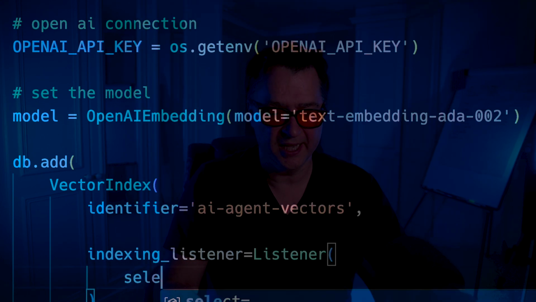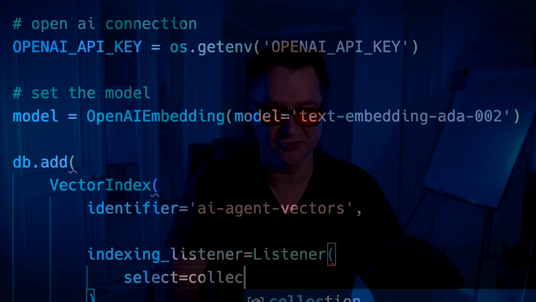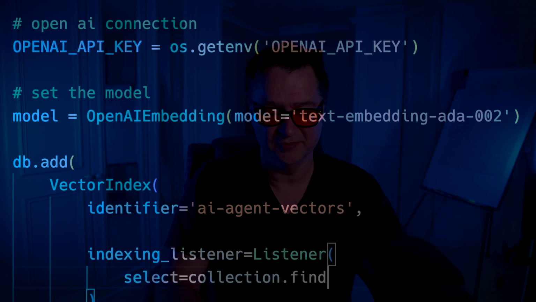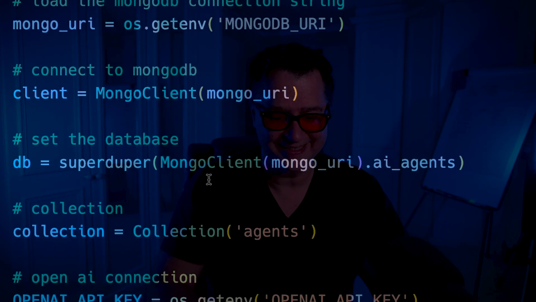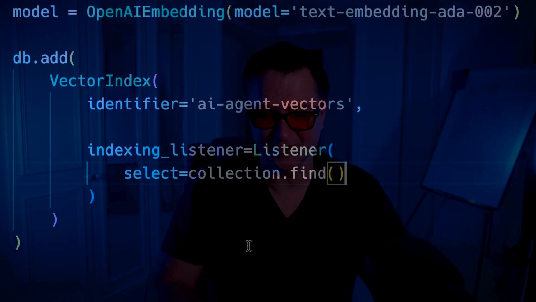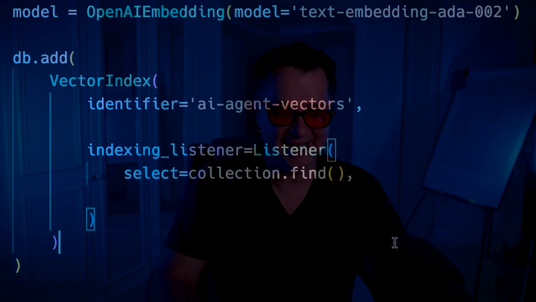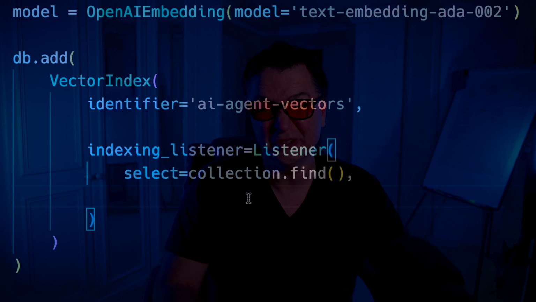And then I need to say what I'm going to be listening to. So in this case, I'm just going to do a collection.find. So I'm just going to say, hey, listen to the whole collection. So that collection that we've got there, if you remember, is the agents collection. So anytime there's a change there, that's what I'm interested in. I'm specifically looking at a field of data in the document. So in this case, I'm going to look at